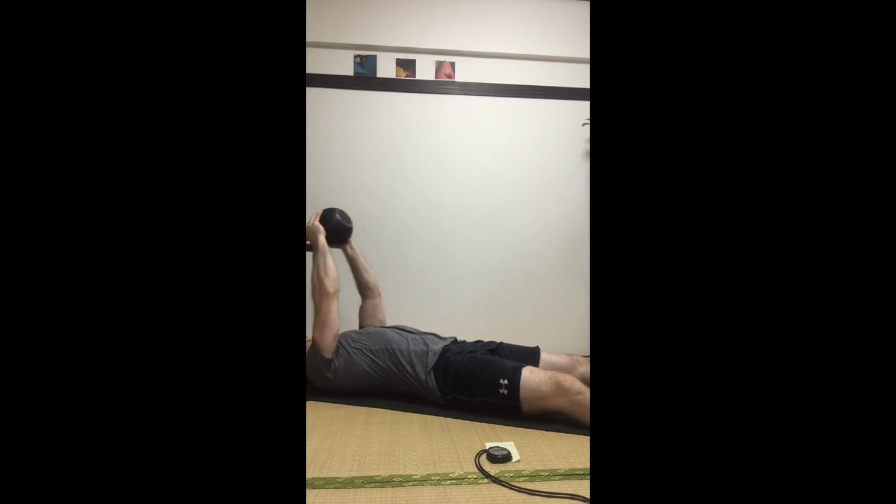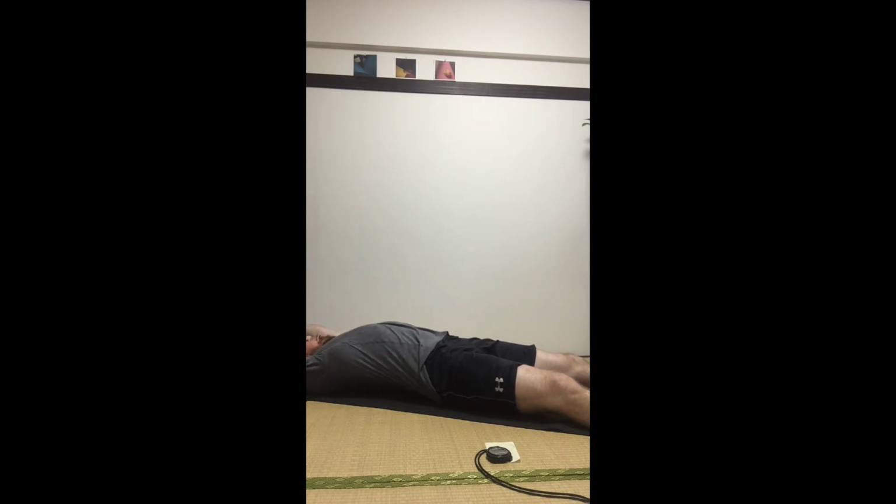Straight arm, big stretch. Right back to start. 1, 2, 3. Keep your rib cage down. Keep your abs on. 4,